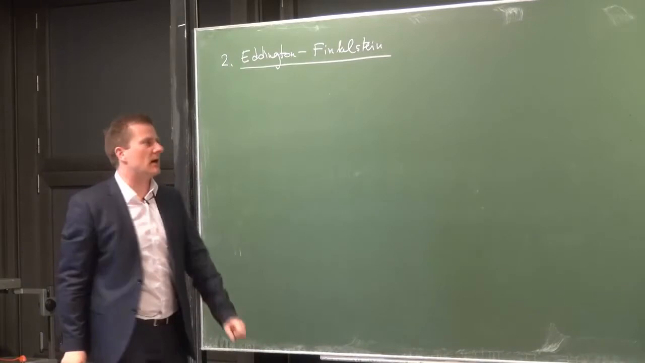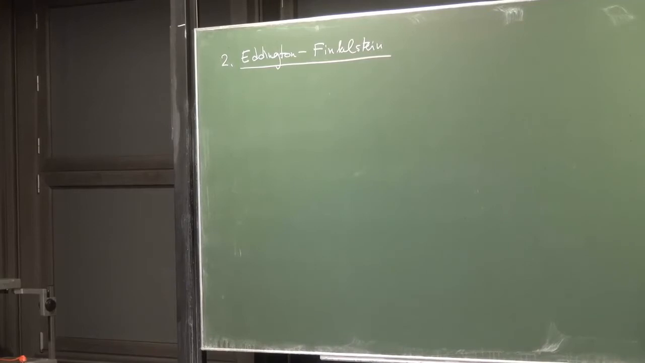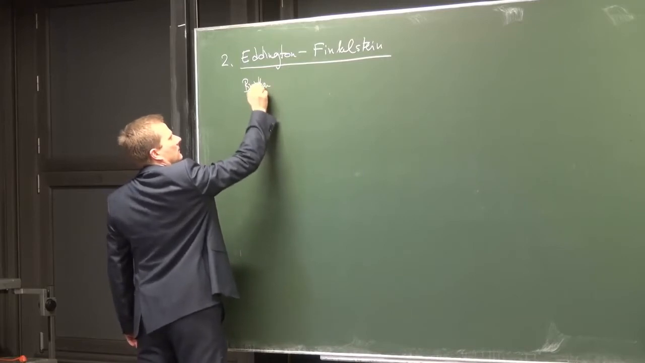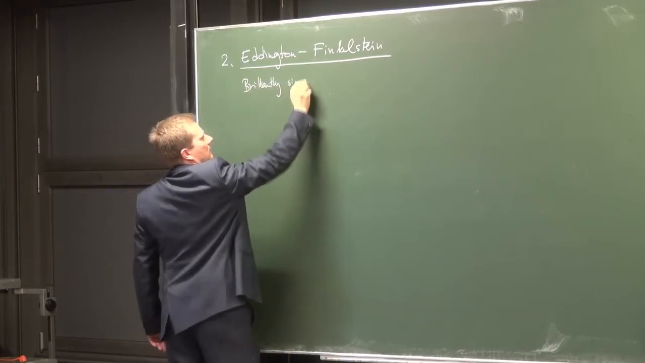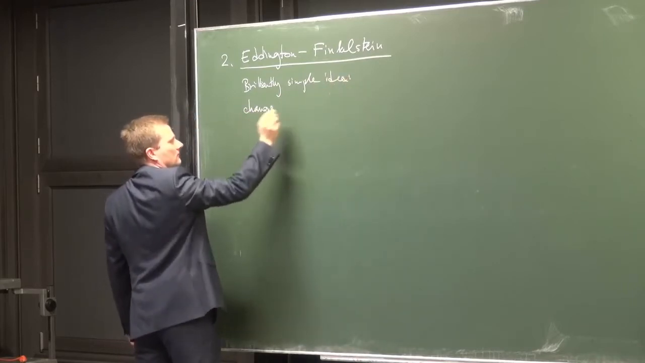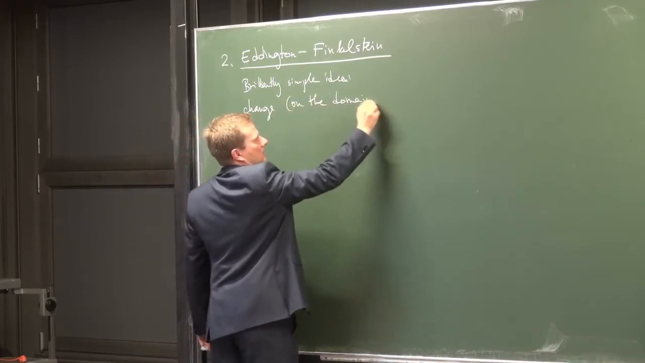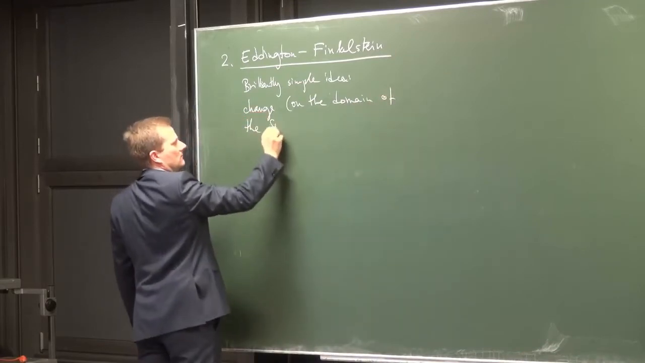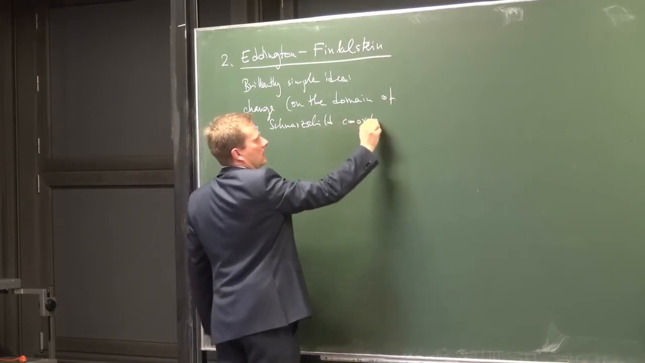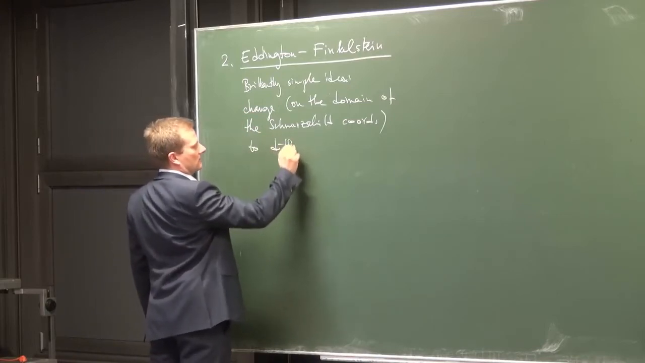Eddington-Finkelstein is a new chart, and in order to figure out what's really going on, there is a brilliantly simple idea. Change on the domain of the Schwarzschild coordinates, nowhere else, to different coordinates